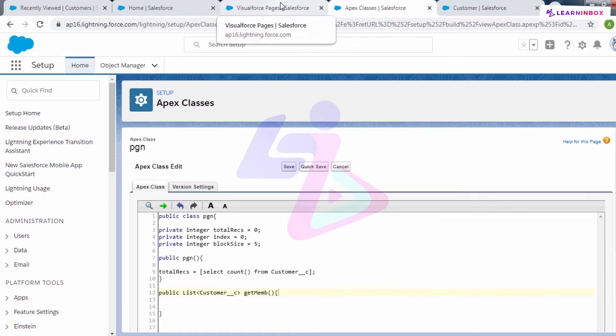We use getter, or simply get, to take the data from the Apex class to the Visualforce page, and on the contrary, we use set to return the value from the Visualforce page to the Apex class. So we'll use getters and setters according to our requirement. Here I want the value of this MEMB to be taken to the Visualforce page, so that's why I have used the getter. Let's write code inside it.